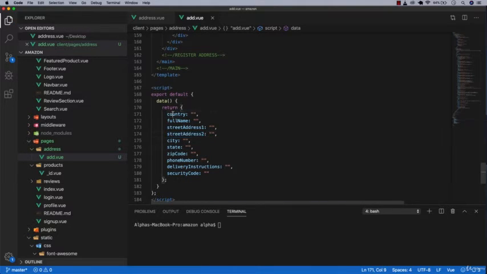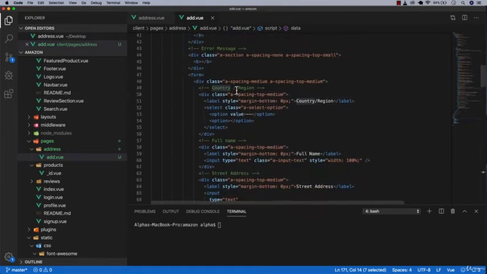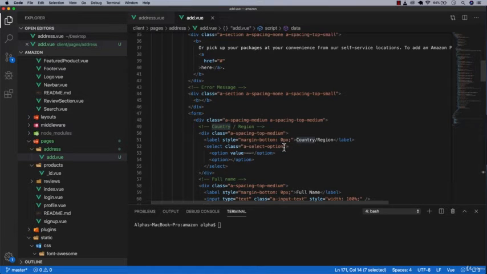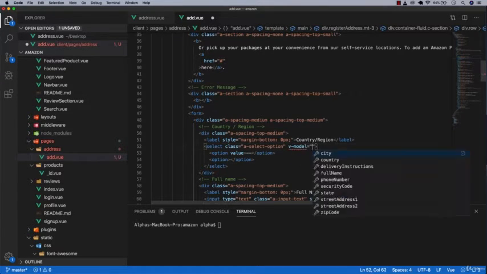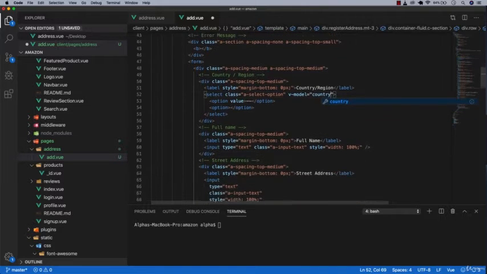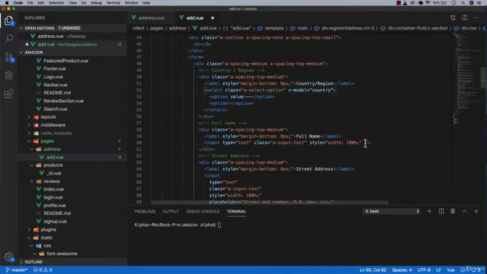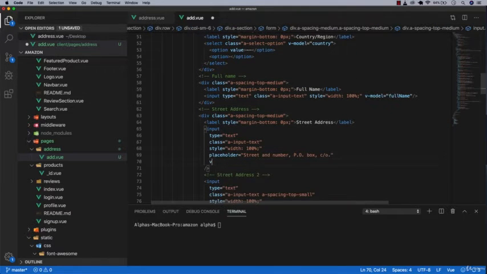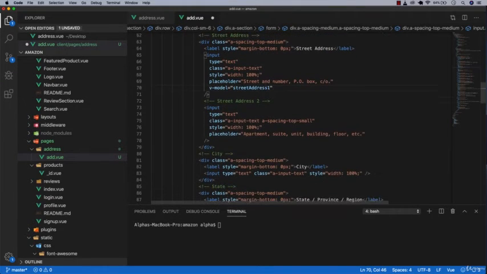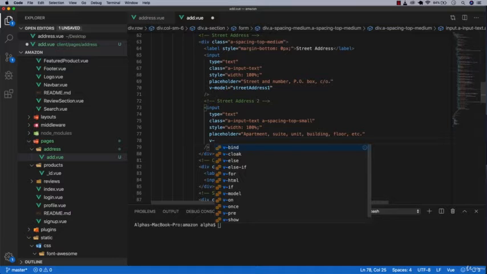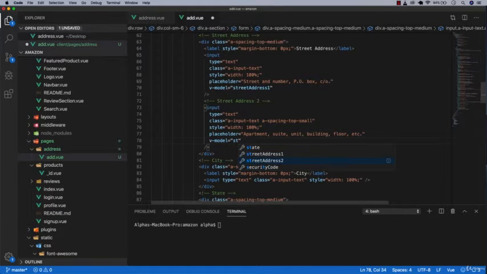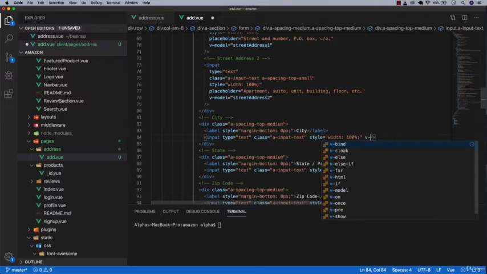Once we have done with our model, we need to map this to the corresponding input field. So let's go to country, and then this will be select, and here v-model, and then country. Full name here. Let's go to input and then v-model, make sure the name is the same, full name, and then in here as well equals street address 1, because there are two, so it's going to be v-model equals street address 2, then another v-model which will be city,